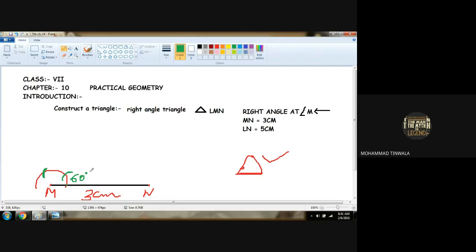Now forget about that measurement. This measurement you have to forget. We have to take the new measurement. Open somewhat bigger measurement. From this point, we will take a new arc on the top like this. Understood? And from this point of another 60 degree, we will place a new arc from here.